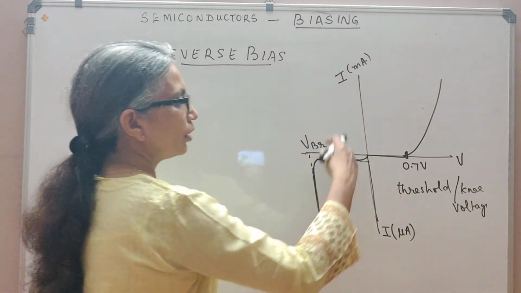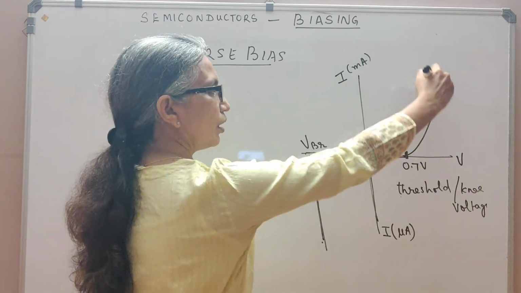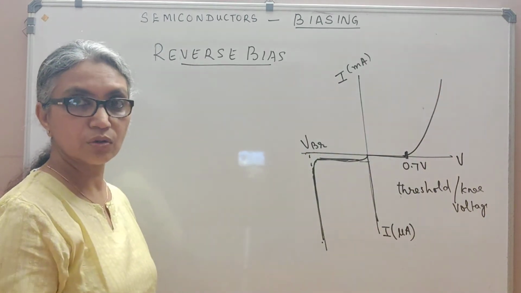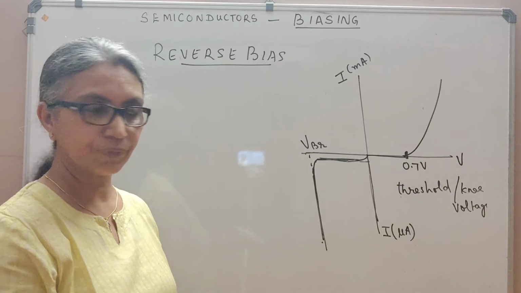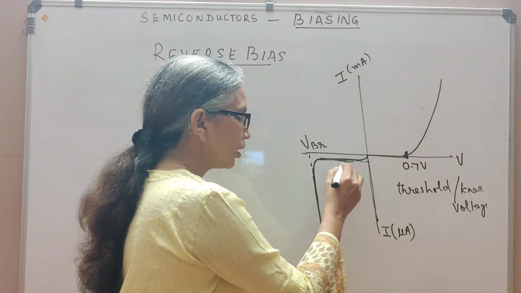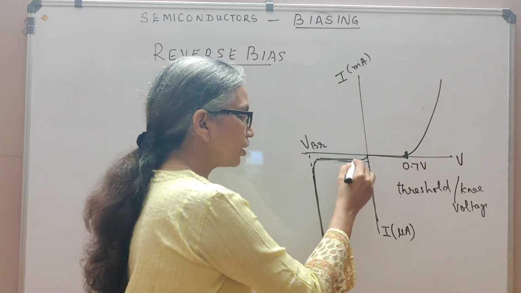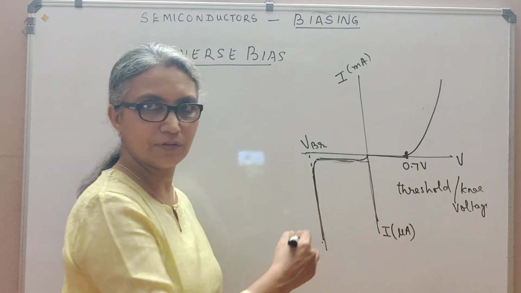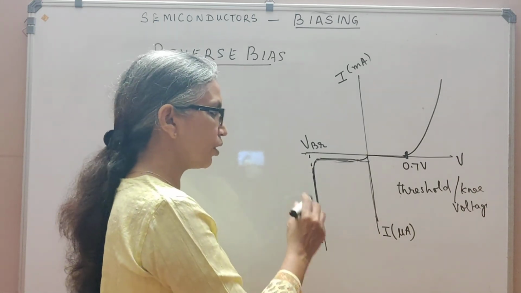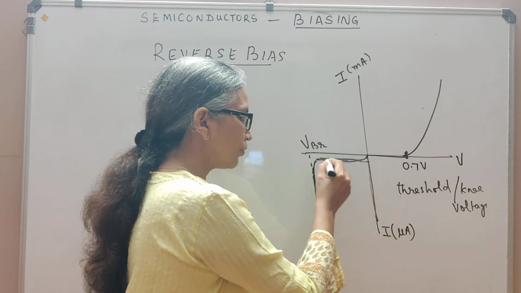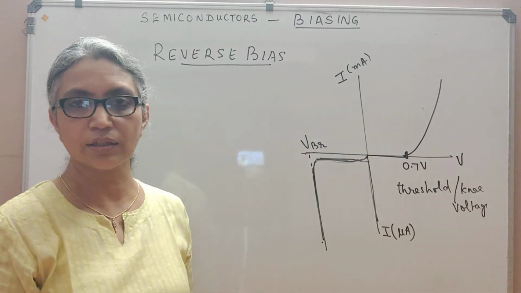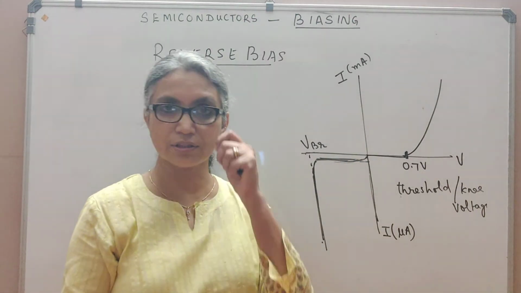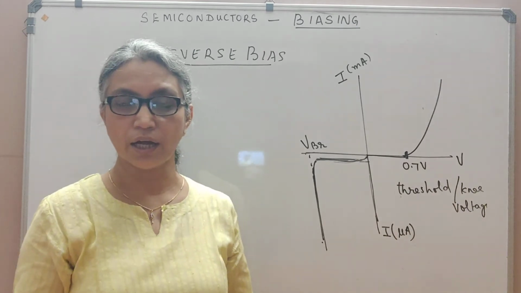Now here in forward bias, there is a large current across the junction, so the resistance across the junction is low. Whereas in reverse biasing, this part is actually breakdown, meaning avalanche, because of the breakdown of covalent bonds. This current here, the reverse saturation current, is a very small current, which means that the resistance across the junction under reverse biasing is very high.